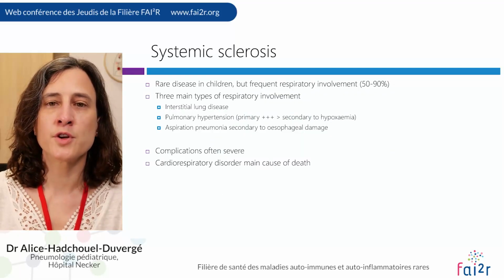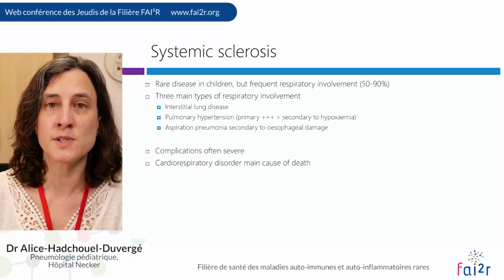First, we are going to talk about lung involvement in systemic sclerosis. Systemic sclerosis is a very rare disease in children, but the respiratory involvement is frequent and often severe. There are three main types of respiratory involvement: interstitial lung disease, which is usually a chronic interstitial lung disease with